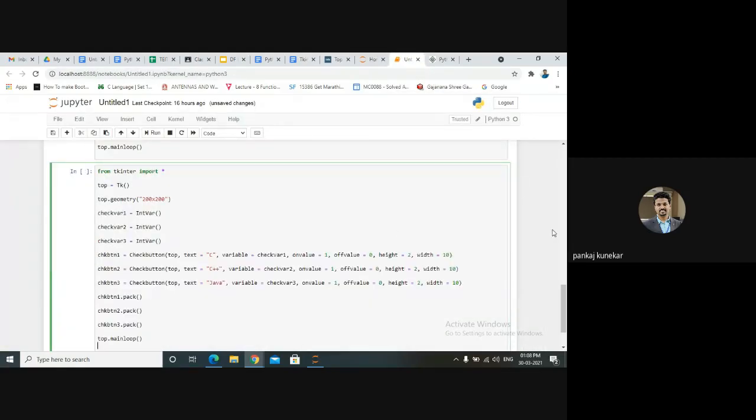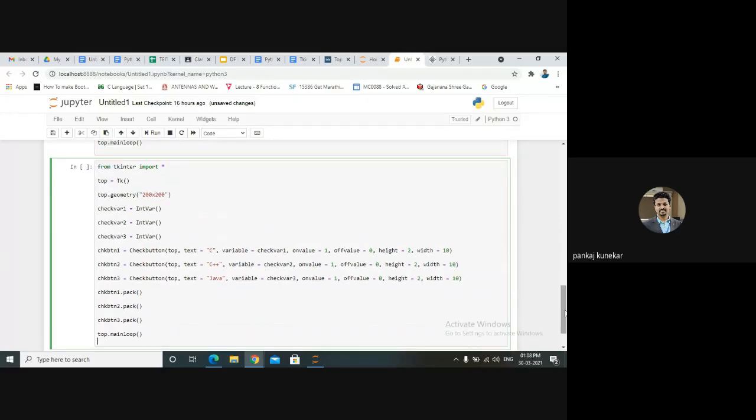So here the check button is created. The check button requires some values. I will import tkinter, then we'll create a window, add a geometry, and create some integer variables like this. Then we add check buttons 1, 2, and 3 using the Checkbutton function at the top.